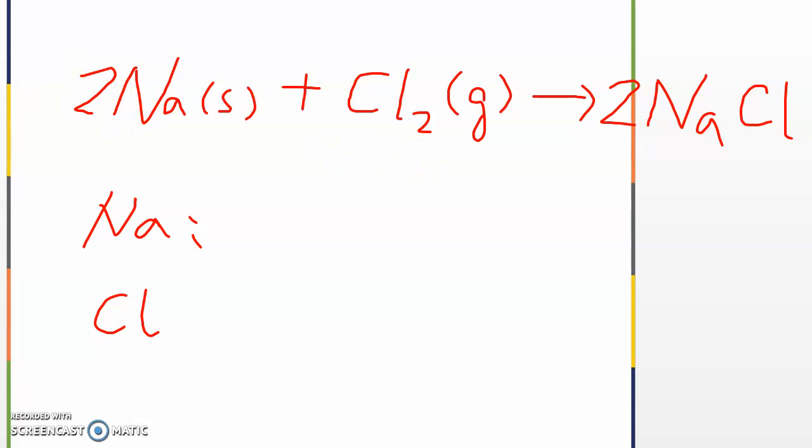Let's check now. For sodium, on the left side, I have 2, and on the right side, I also have 2. Chlorine, on the left side, I have 2, and on the right side, I have 2. So now this equation is